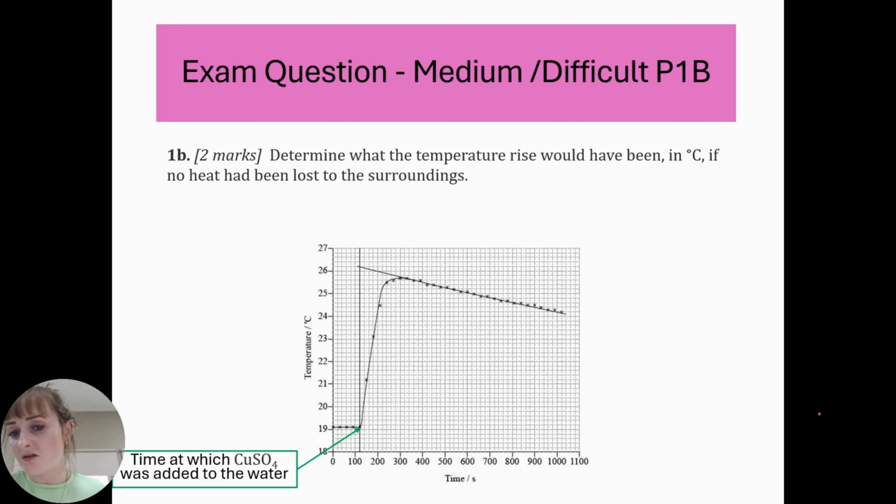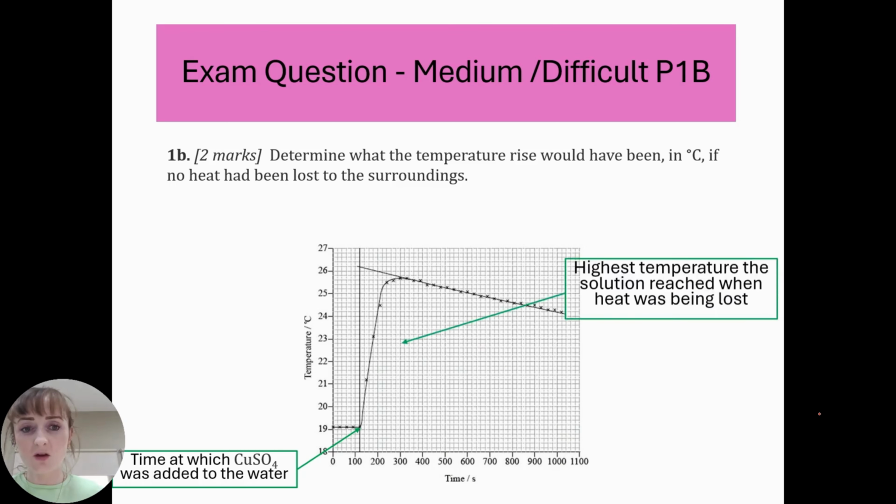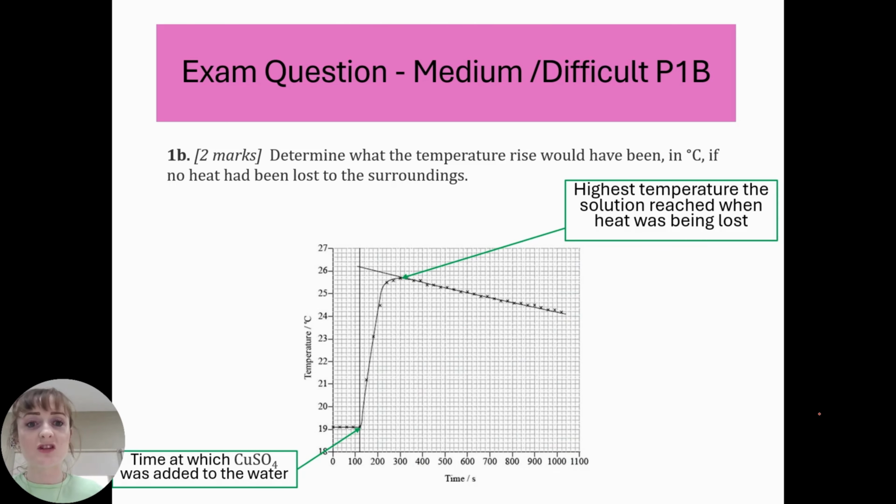to the water. So you started with a polystyrene cup of water and you added the copper sulfate. This must have been added at around maybe 120 seconds. Then we see a temperature increase and the solution reaches the maximum temperature. And at this point, the rate of heat production is less than the rate of heat loss. At the beginning, in this section, the rate of heat production by the reaction was greater than the rate of heat loss. Here, the rate of heat loss is greater than the rate of heat production because no more heat